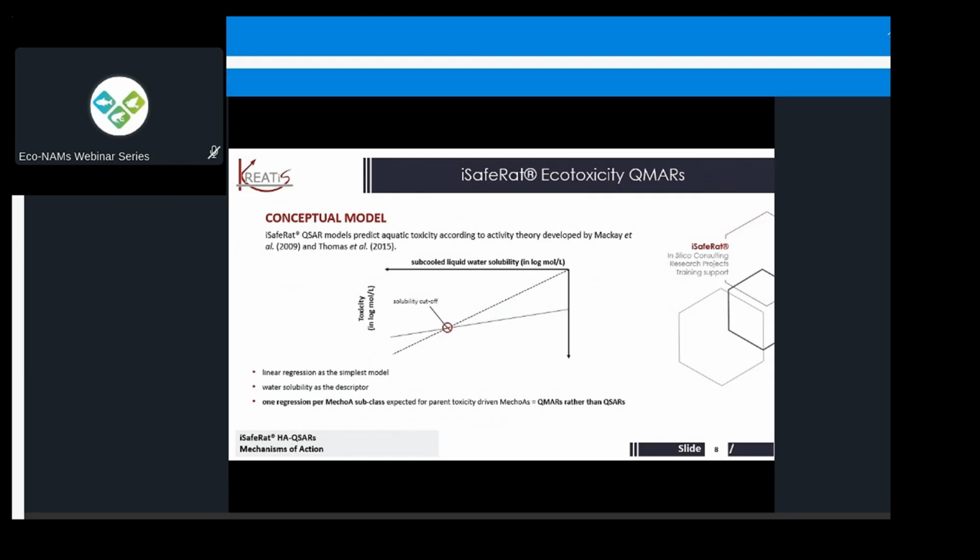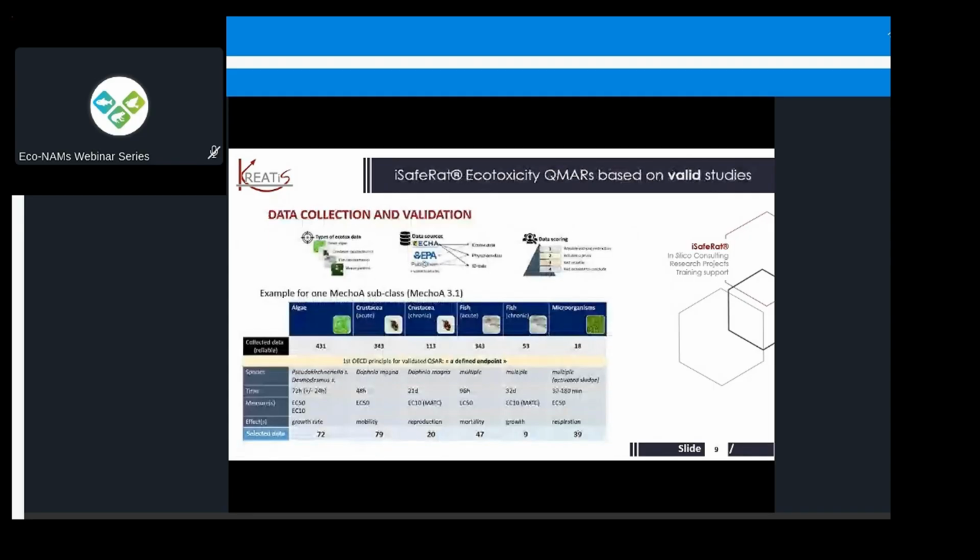We are now calling them QMARs rather than QSARs, as in quantitative mechanistic activity relationships. The next important point about the creation of these QSARs is that we spend inordinate amounts of time validating the data. We don't consider the data good as is, or as included in the disseminated database from ECHA, for example in robust summaries, where they're considered Klimisch 1 or Klimisch 2 as valid. We revalidate all that data internally, and we find that sadly about 50% of it is not valid or fit for purpose at all, and we therefore do not use it in our model.